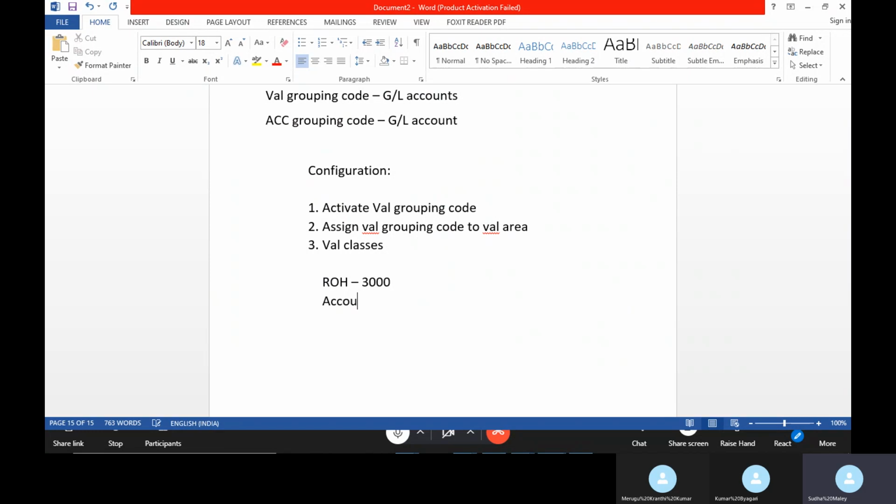That is the account category reference. Account category reference is like a bridge between your material type and your valuation class. It is assigning your valuation class to your material type.